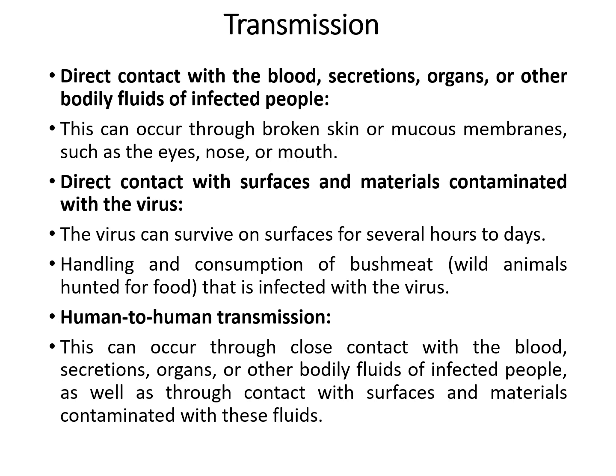One route is direct contact with the blood, secretions, organs, or other body fluids of infected people. That means all the infected fluid coming out of the host body may have this virus or viral particles. This can occur through broken skin or mucous membranes such as the eyes, nose, or mouth. Even though our body is well protected, a simple droplet of saliva from one person to another is sufficient for the transmission of this virus from one individual to another.